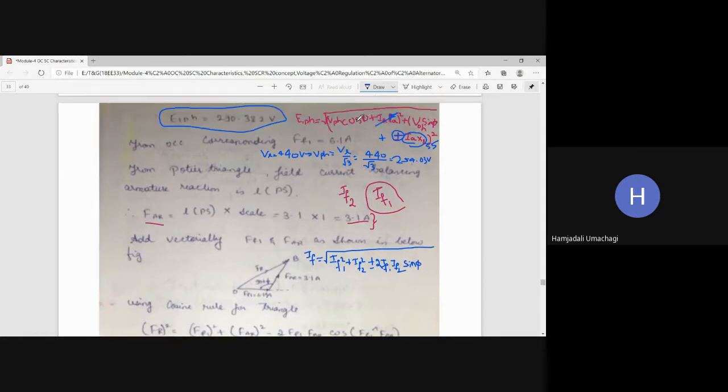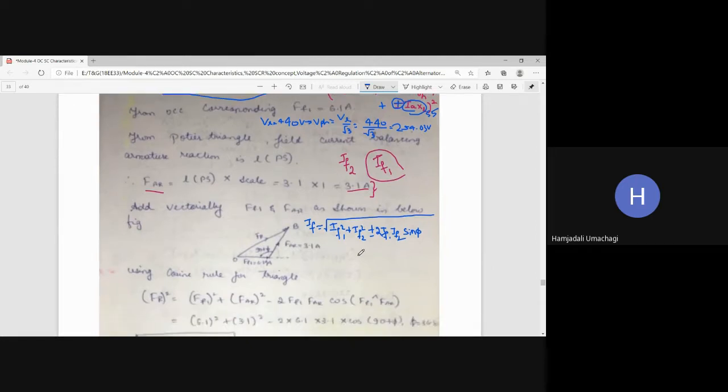And even for EPH, this formula is as per the EMF method. So here we are separating the EMF drops as well as the MMF drops, because of that we are getting accurate values. Now calculate IF. IF1 value is 6.1 and IF2 is 3.1, and since it is lagging power factor, take the plus sign. Sin phi is 0.6 because cos phi is 0.8. And tell me what is the IF value.